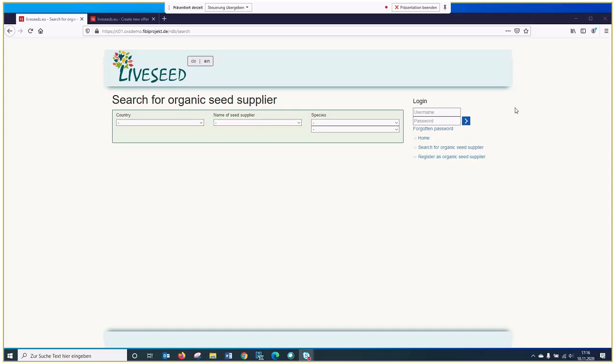Welcome to the tutorial for visitors on how you can search for organic seed suppliers in the European organic router database, and also how you can register as an organic seed supplier in the database. So first of all, you can click on search for organic seed supplier, and then